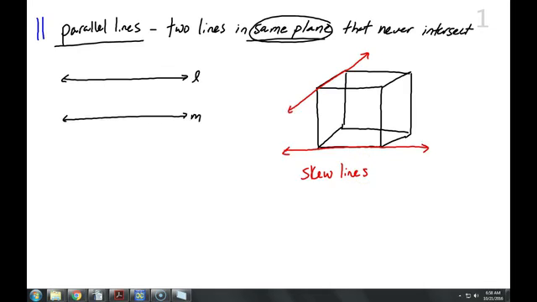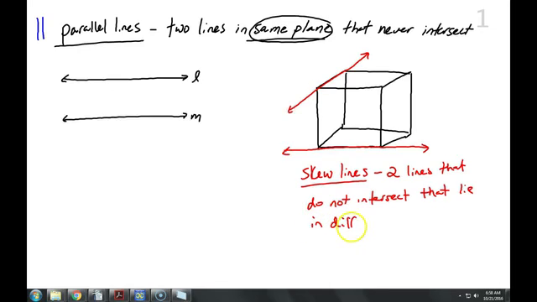So I'm going to define those right now as well. Two lines that do not intersect, that lie in different planes. So there is a little bit of a difference between just lines that don't intersect, whether they're parallel or whether they're called skew lines. One other word I'd like to mention here is anytime you have another line intersect two different lines like that,